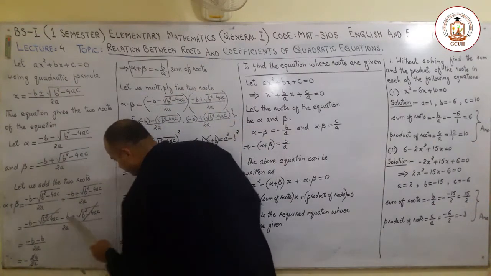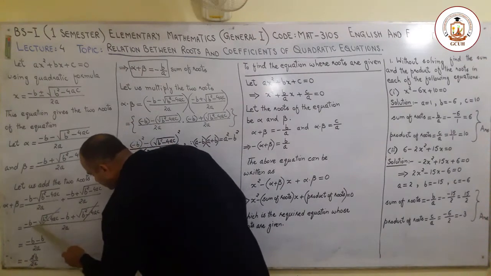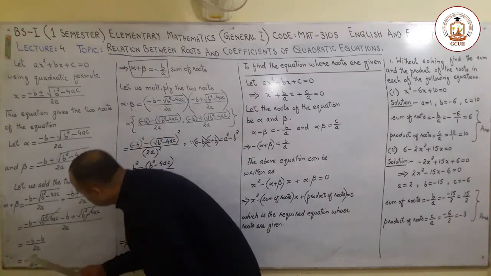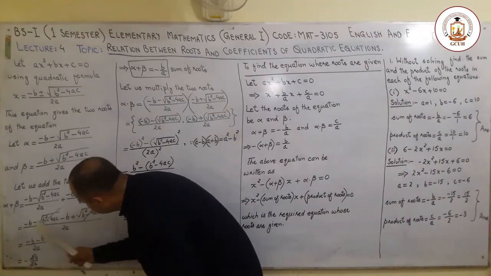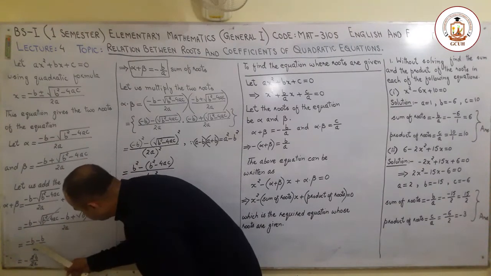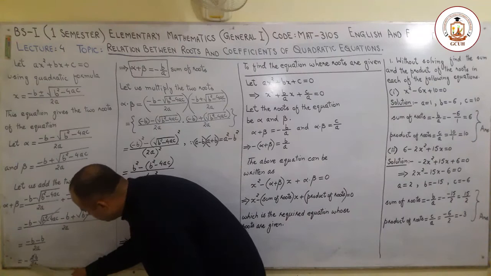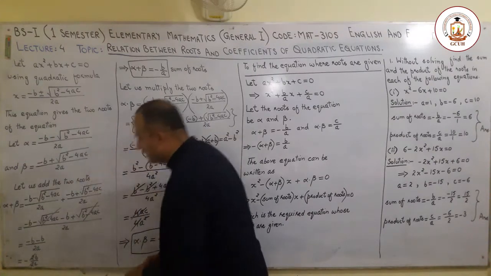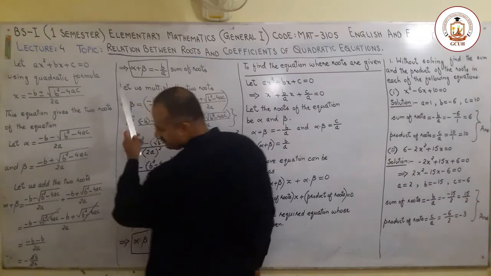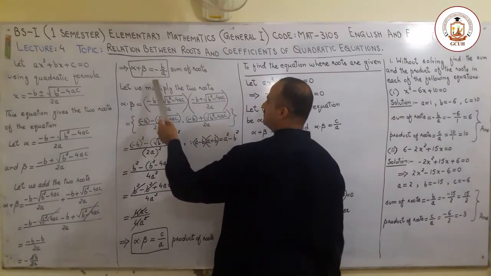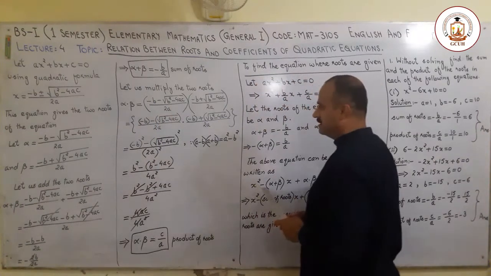So the numerator is written here. Here you may notice the square root is with minus and plus sign, so this will cancel, and in the numerator we have minus b which is added, which becomes minus 2b, and in the denominator we have 2a. The 2 will cancel from the numerator and denominator, and here the formula for the sum of the roots is derived, which is equal to minus b upon a.